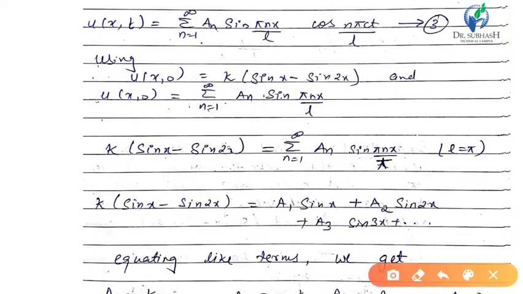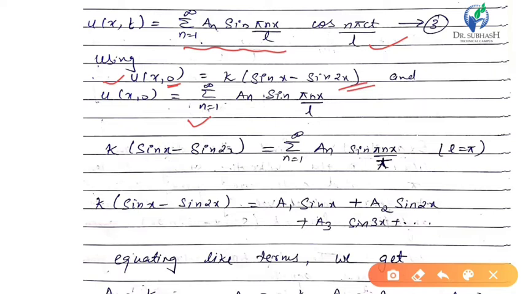We are using u of x, 0. That means in place of t, we will put 0. In place of t, we are putting 0. So that is given to us. This is already given to us. Okay. So in equation 3, when we put t equal to 0, we only have this portion, because cos 0 will become 1. So we have n equal to 1 to infinity and sine pi n x upon L.